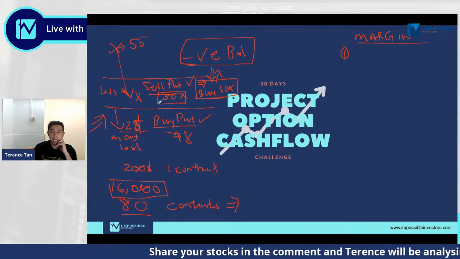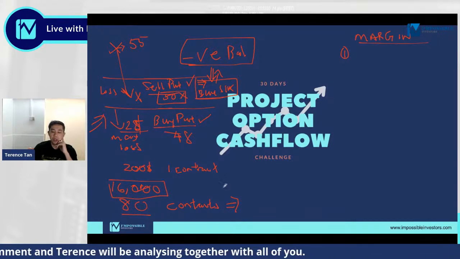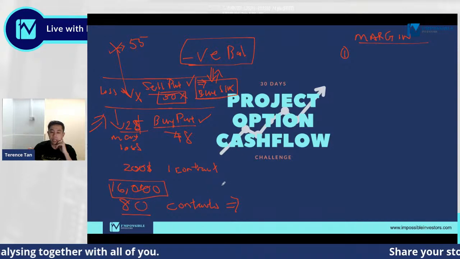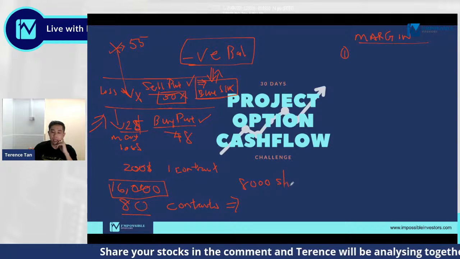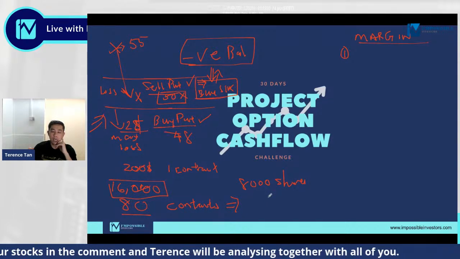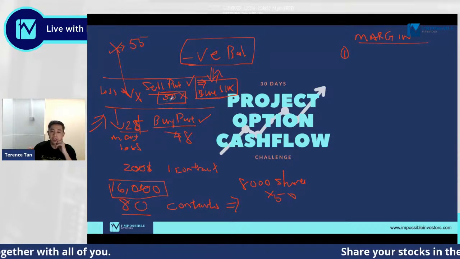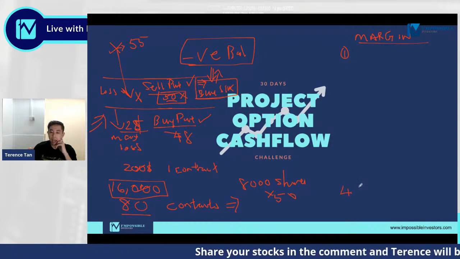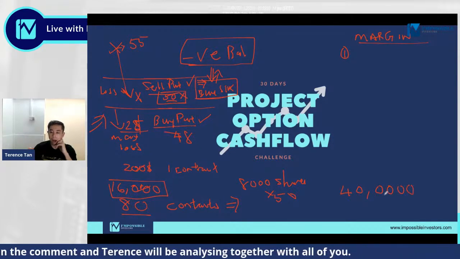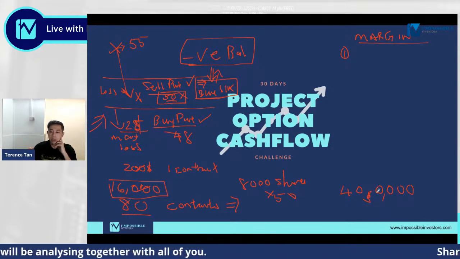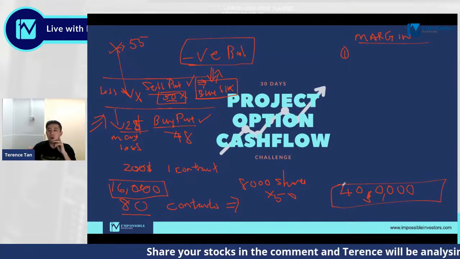So he ignored the fact that he may have a potential obligation to own those stocks at $50. But do you realize 80 contracts of options would be equivalent to an ownership of 8,000 shares. If you work that out, 8,000 shares times the cost of owning per share, which is $50, that will put the number at 40, and then with 4 more zeros behind that. So that will mean that the ownership of the stock on assignment would have cost his account $400,000 US.